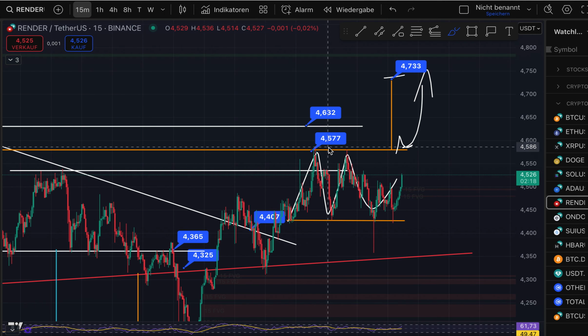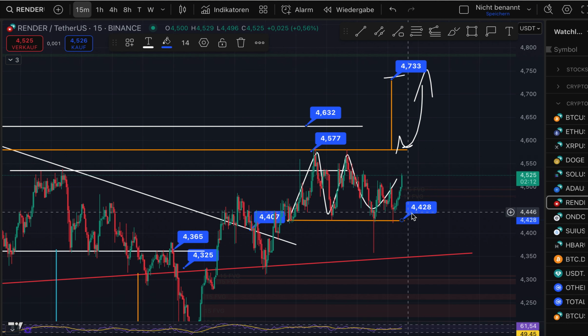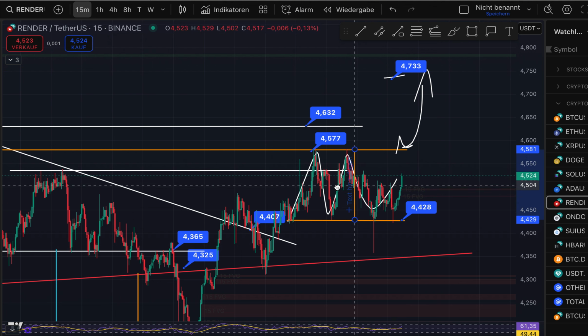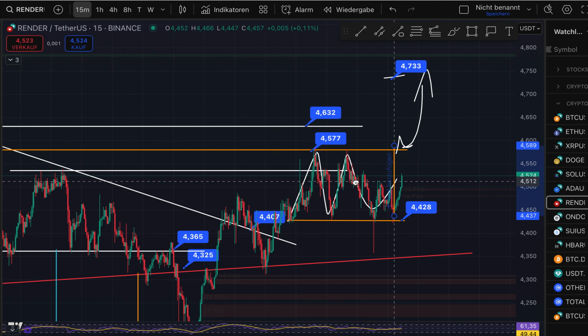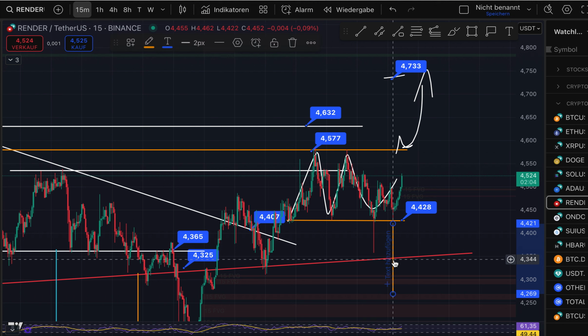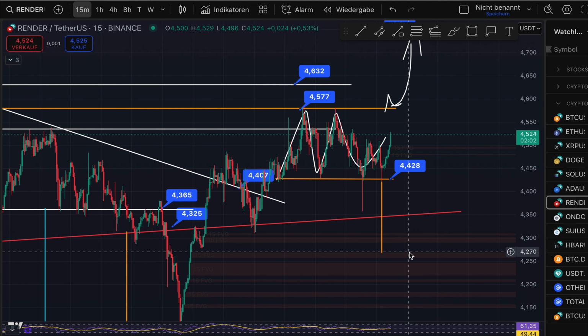What if we don't break to the upside? What if we break to the downside? Yeah, that can also happen. Here the $4.43 is going to get very interesting. Here we also take the same target, the spread of that rectangle, put it to the downside, and the target is going to be the